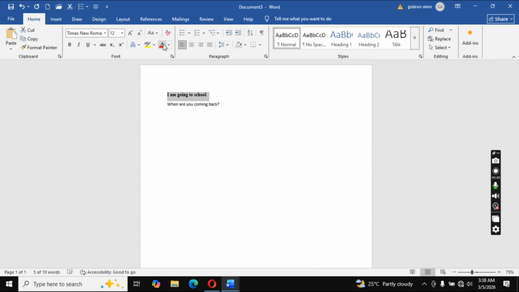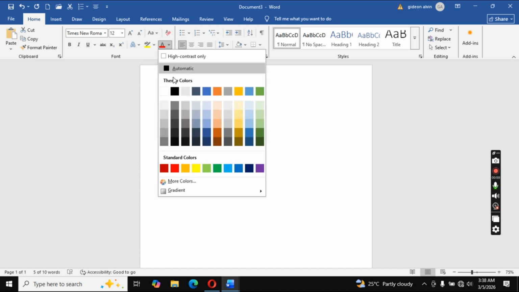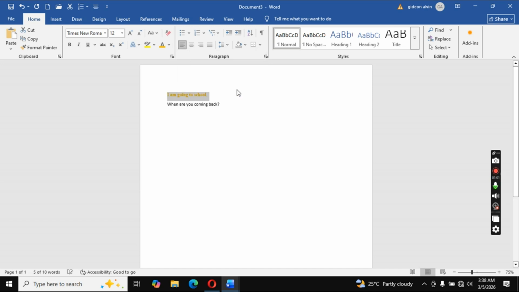So we just go to this area within the font ribbon on the home tab. You select any of the colors you want from the drop down. You see there are various colors. I'm selecting yellow. No, let's select red for point display. As you can see, it's red. And next should be